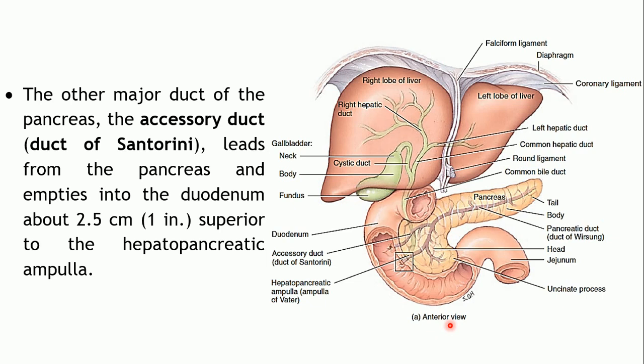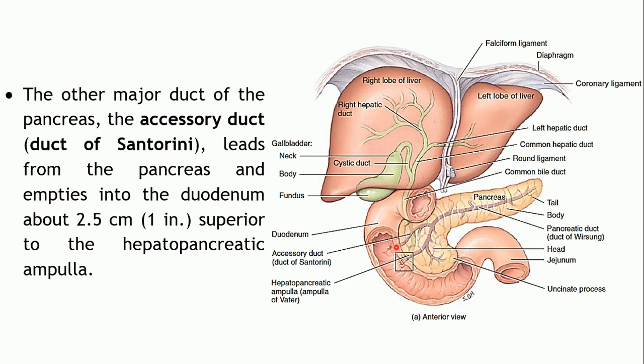So this is to do with the pancreatic duct. Now the second major duct of the pancreas is known as accessory duct. This one. Now this particular duct also carries the pancreatic juices, but here it does not unite with the common bile duct. Common bile duct unites only with the pancreatic duct. It does not unite with this accessory duct. So what is the difference between the two? Accessory duct will carry only the pancreatic juices and it will open into the duodenum.